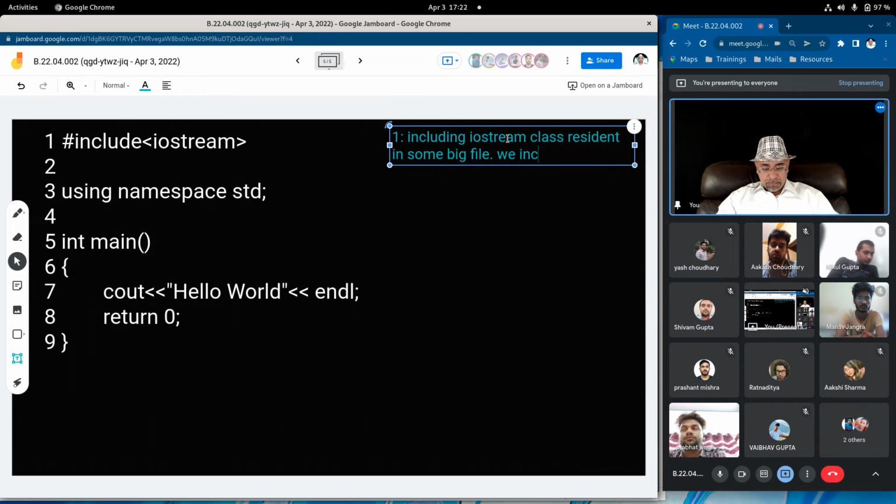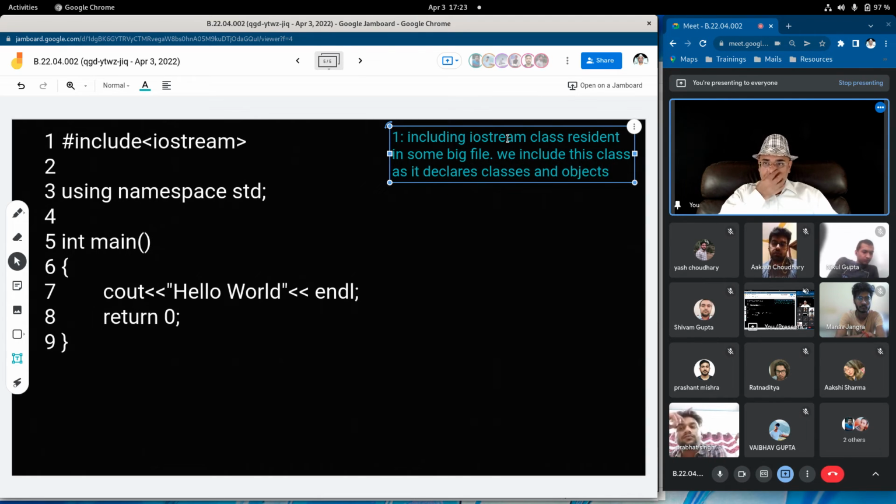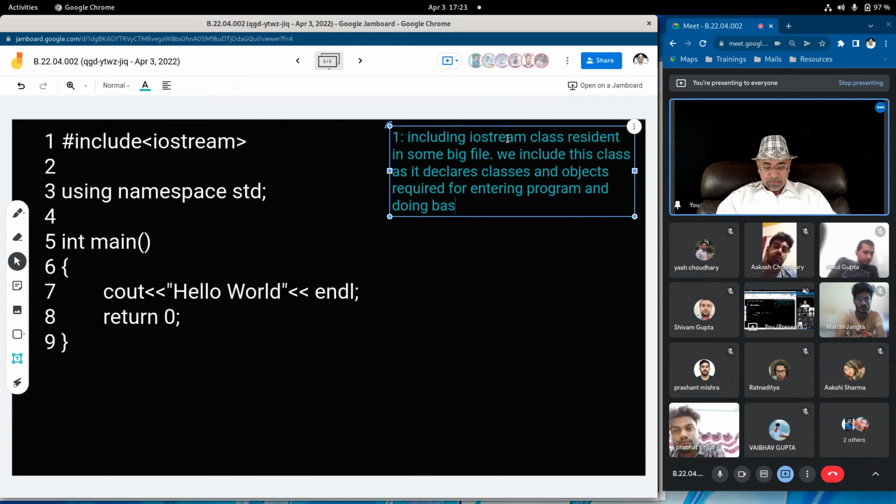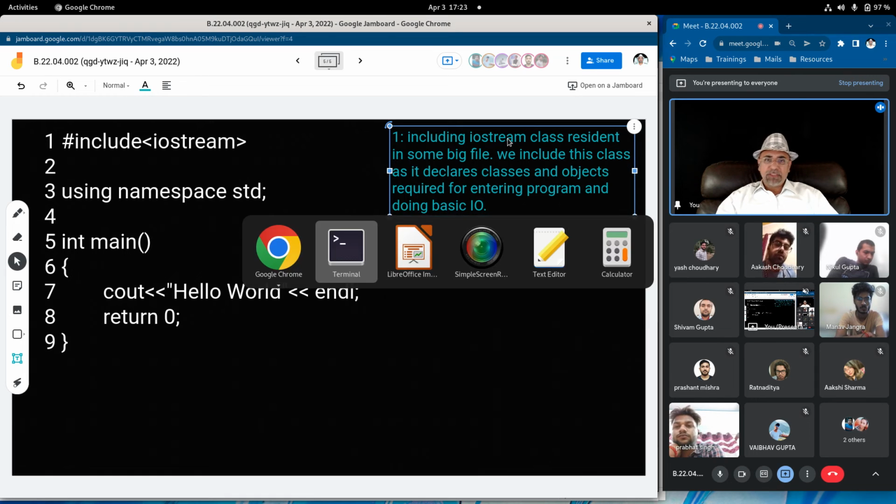We include this class as it declares classes and objects that are required for entering the program and doing basic IO. Okay. See, all these things are already declared here.